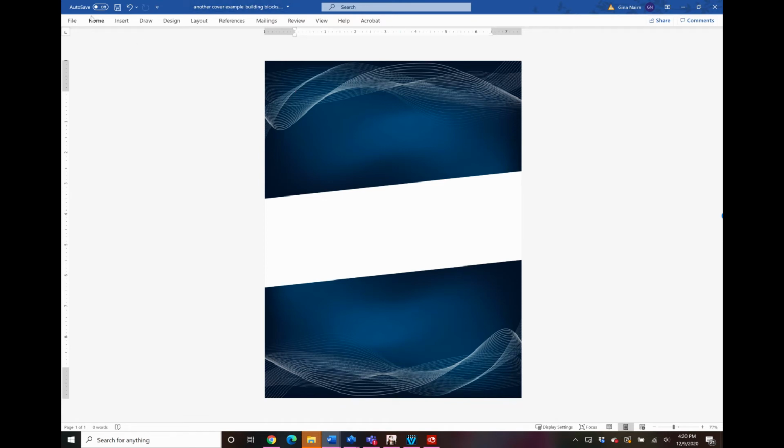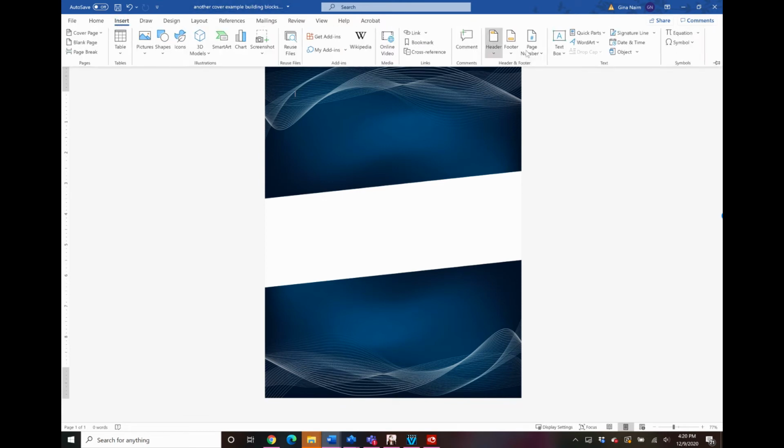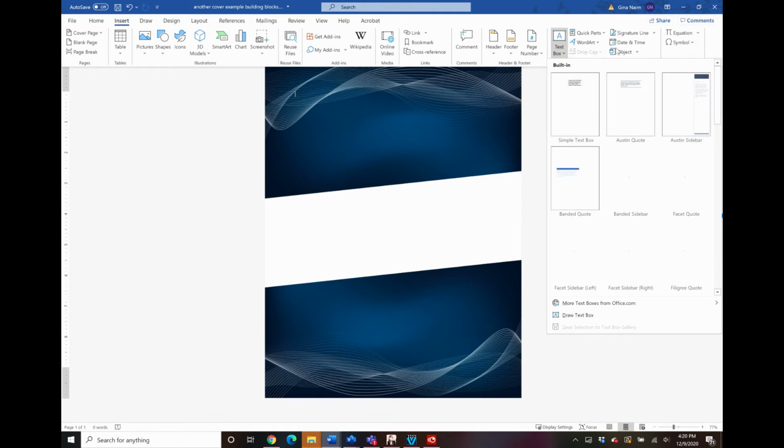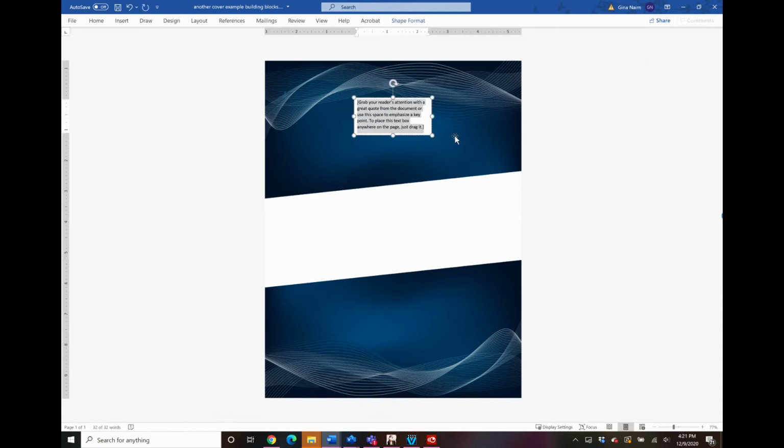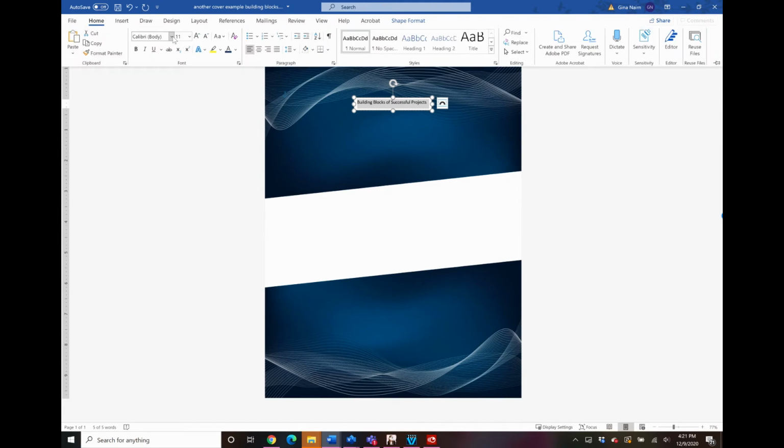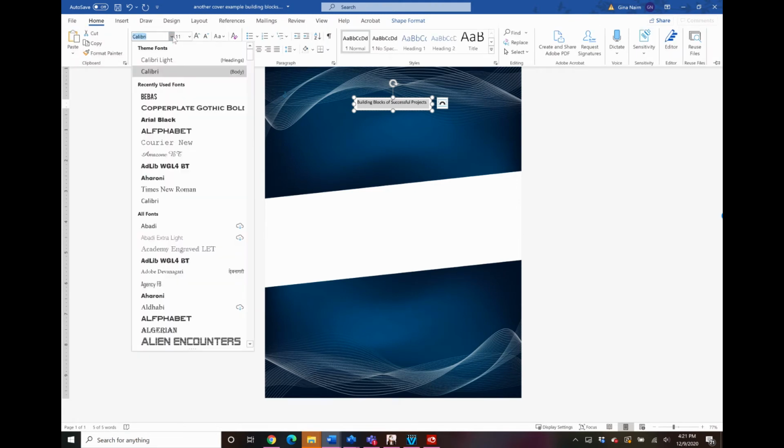And then I go to Insert, Text Box, and I forget what I called this, Building Blocks of Successful Projects. And then let's pick a nice font. I'll go with one that I know everybody has.